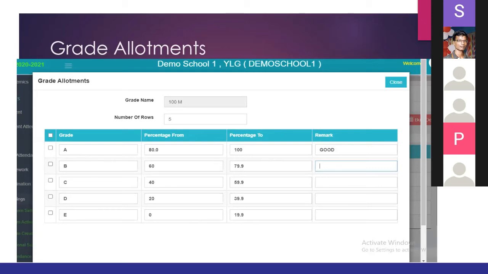I mentioned different types of grade and the percentage for each particular grade. In the remark field, for A grade I mentioned good. Suppose B grade is an average student. Like that, when the mark processing is done at the end, the grade will automatically show the student remarks and performance, everything.